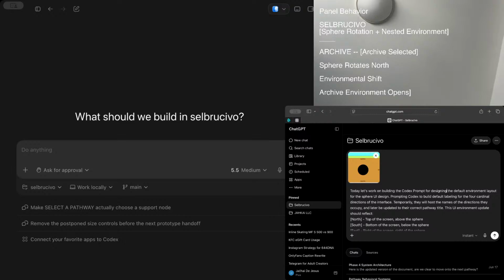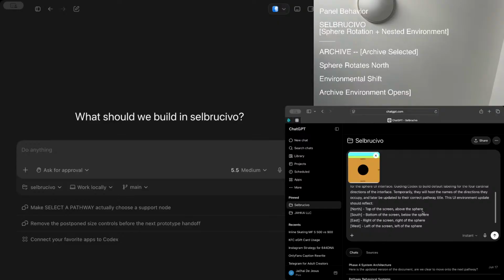Today, let's work on building the Codex prompt for designing the default environment layout for the sphere UI interface. Guiding Codex to build default labeling for the 4 cardinal directions of the interface. Temporarily, they will host the names of the directions they occupy and later be updated to their correct pathway title. This UI environment update should reflect